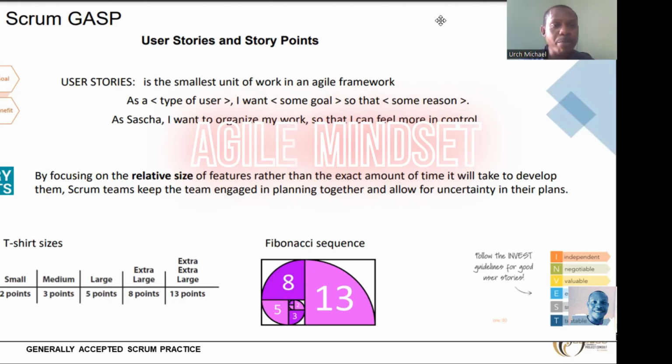All right, so the story points. Now, the idea of story points is talking about the size of the unit of work. And when you talk about size, you now understand that all fingers are not equal. So some are big, some are small.